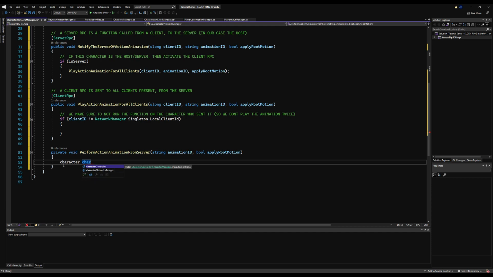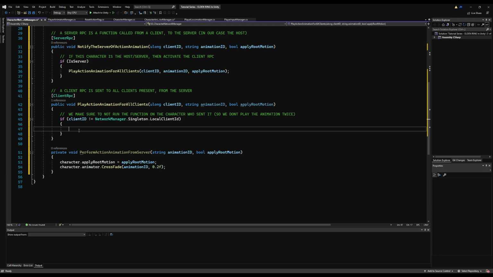And then character.animator.CrossFade, and then we pass our animation ID. And we want to use the same crossfade time that we use on our character animator manager class, which is 0.2. That's to make it all look consistent. So you want to keep those values the same if you want it to look more consistent. So again, just character.applyRootMotion equals applyRootMotion, and character.animator.CrossFade. We pass our ID and 0.2.